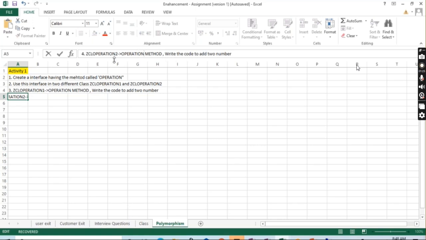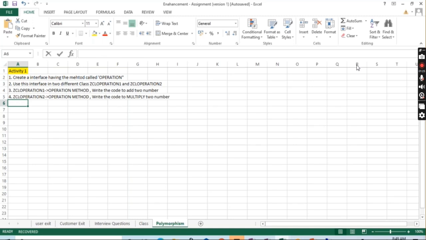So in the other class, method operation, write the code to multiply two numbers. So the name of the method is the same, but the activity you are going to perform is different. So multiply two numbers, and then what you'll have to do,